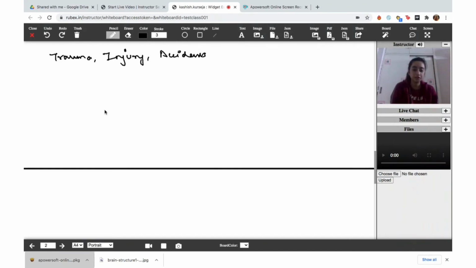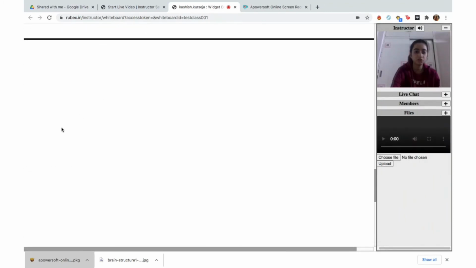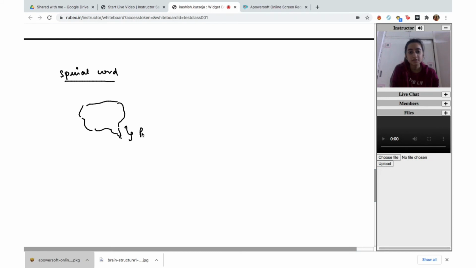Coming to study the protection of the spinal cord, let's do it on a new page only. It's not difficult. ठीक है, your spinal cord का क्या है? If we had this rough diagram again of a brain, can you see this part? This is known as the brain stem. ठीक है, brain stem is formed by your hindbrain, and what happens from here? It's from here that your spinal cord comes out. It originates from the brain stem.